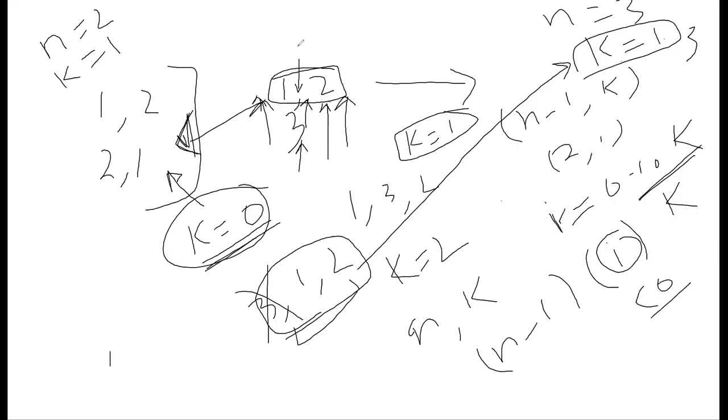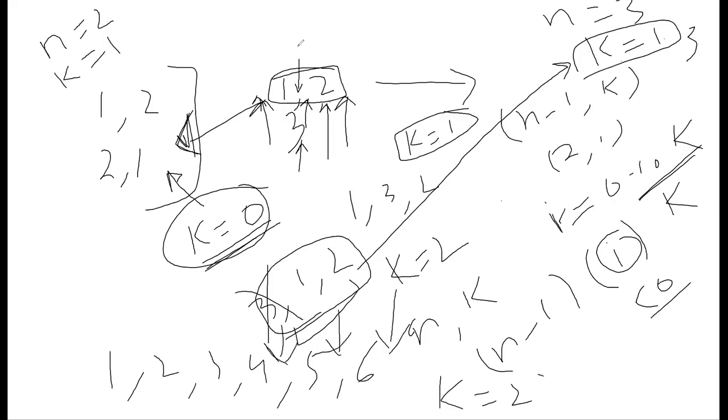Essentially, if you have 1, 2, 3, 5, 6, these many numbers, and you still have k equal to 2, you can put it here, you can put it anywhere, but your k should not go more than 2. So that's why you have to put a limit. You have to try every position, but your k should not go more than 2. I guess this is the brute force approach, right?